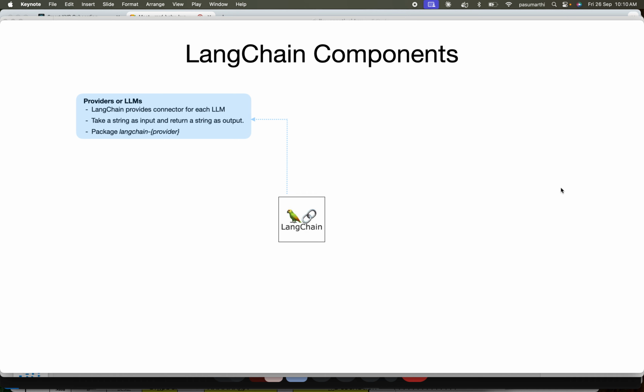Earlier, 10 or 15 years back, we used to specify drivers. If you want to connect with a database, we need to specify the specific driver for which you are trying to connect. Let's say if it is Postgres, we need to specify the Postgres driver. For MySQL, you need to specify the MySQL driver, like that. So here also, if you are trying to connect to a specific model, you need to specify that. So Langchain provides those kind of